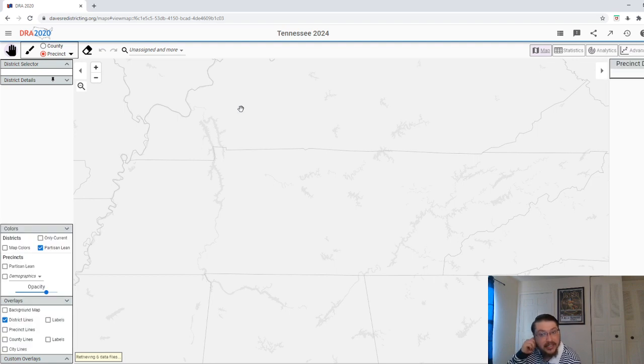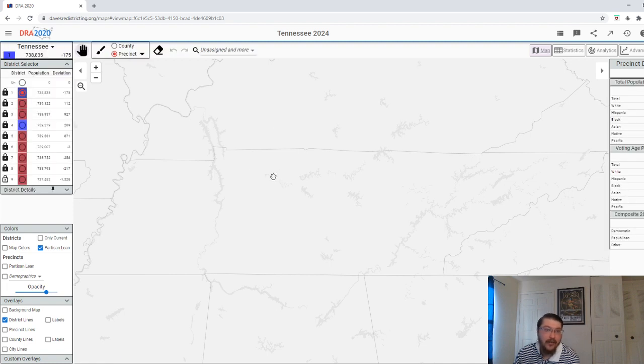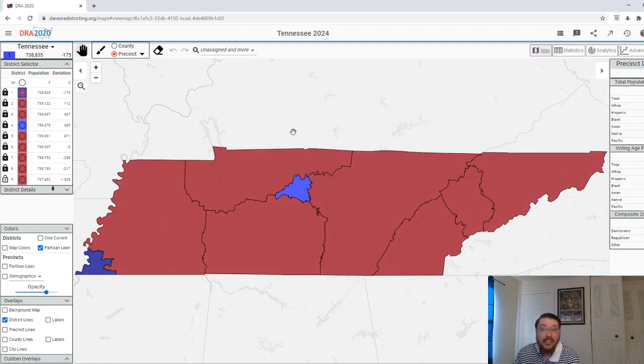Tennessee, I, again, was trying to do what I could, and I figured just creating a bunch of safe districts for the Republicans is what they would do, even at the expense of losing a potential Nashville district. Or even if I wind up losing the ability to split Nashville up. And as you can see, it leads to Memphis and Nashville. You can tell where the population centers in Tennessee are. And then the rest are here.